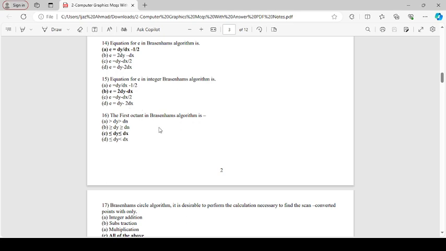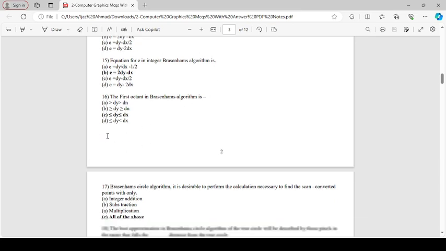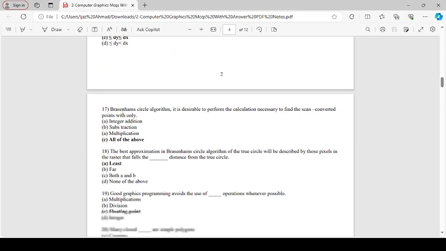The first octant in Bresenham's algorithm is C. In the Bresenham circle algorithm, it is desirable to perform the calculation necessary to find a scan converted point with only all